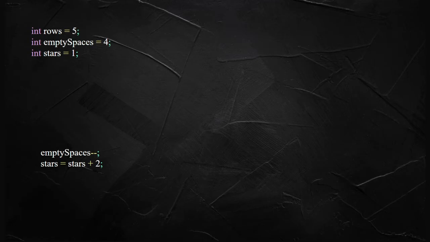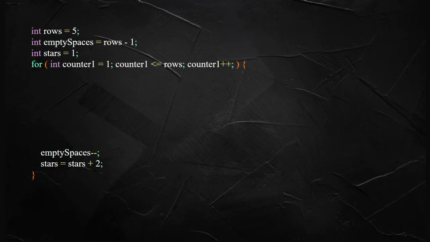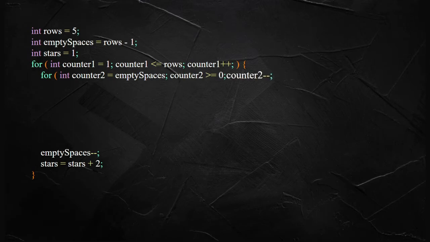To relate the initial values of these variables with the number of lines we wish to print, we can initialize the empty spaces variable with 1 less of the number of lines we wish to print, so that when we execute this algorithm and provided the height of the pyramid, our algorithm will appropriately build it by leaving necessary empty spaces from the beginning and adjusting it for each iteration.